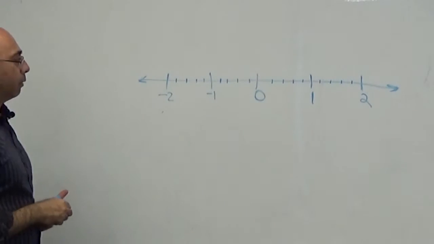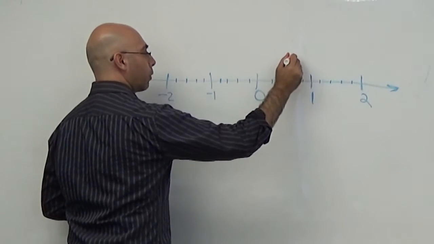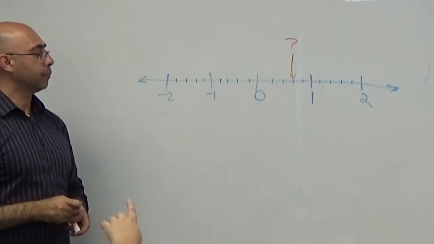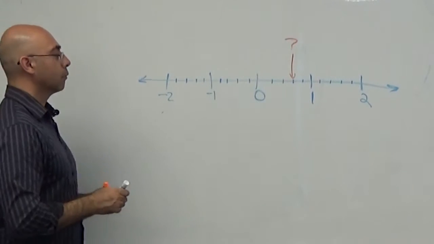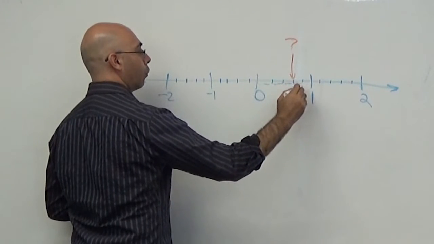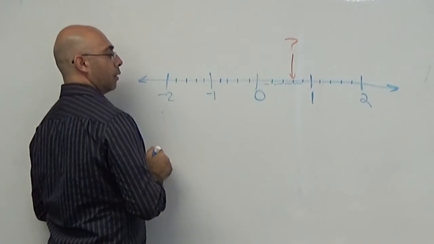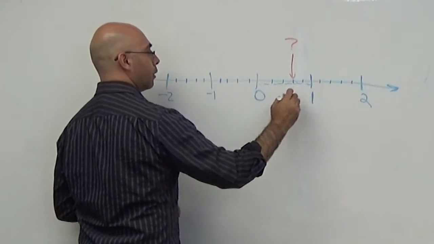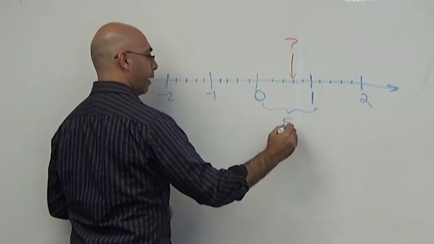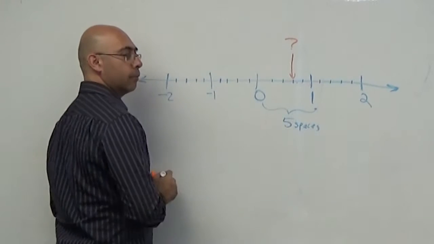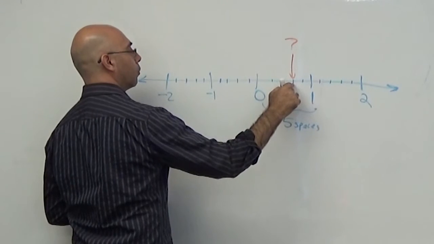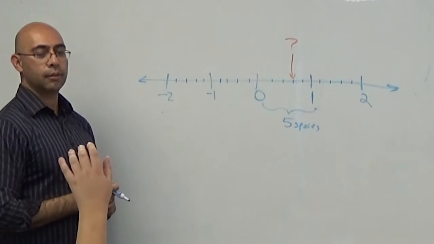How do I know what point this one is right here? How can I figure that one out? So in between 0 and 1, there's a number of spaces. So there's 1, 2, 3, 4. There's only 4 spaces? I mean 5. There are 5 spaces. So right here, let me rewrite it this way. If I look between these two numbers, there are 5 spaces. So how do I know what this would be? It would be